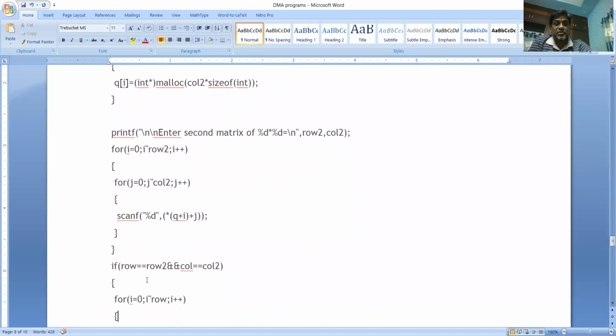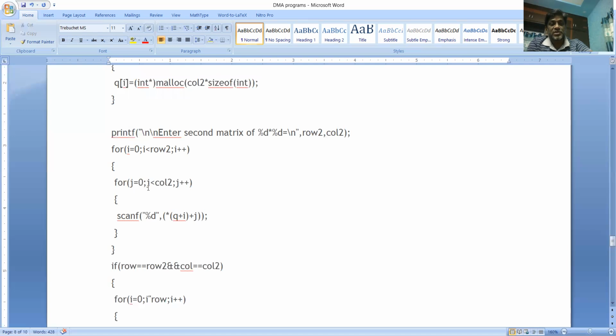Then ask the user to enter the values into the second matrix by using a printf statement here. Printf enter the second matrix of size percentile d by percentile d, replace with row 2 and column 2. Again, read the elements now from the user by using two for loops. For i is equal to 0, i less than row 2, i plus plus.